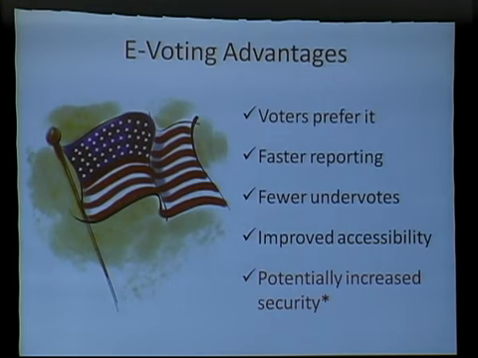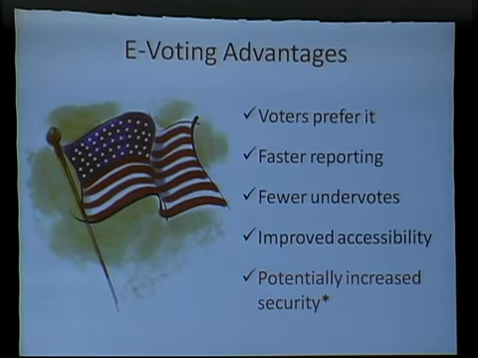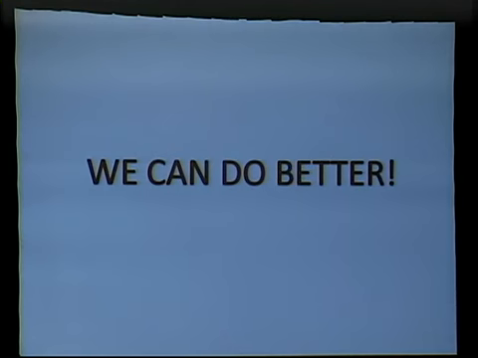And it's more accessible. People with disabilities, people who are blind or have very poor vision, feel empowered because with an electronic voting machine that provides audio output, they can suddenly vote by themselves, independently, for the very first time. And you might want to throw some balls at me now. I'm going to say that electronic voting can be more secure than paper-based voting. But so we can do better.